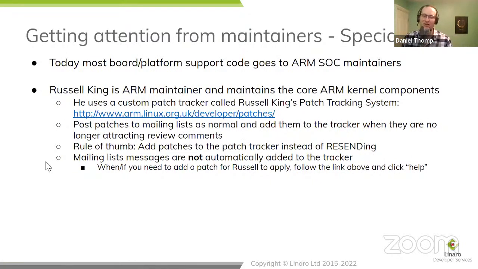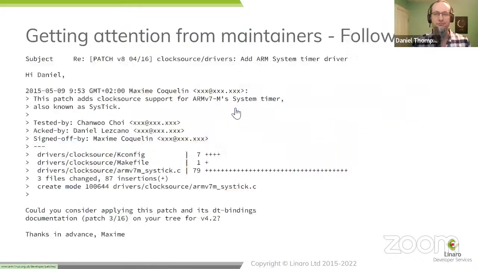And effectively, the rule of thumb I tend to use when I'm working with patches that I need Russell to take, which hasn't been for quite some years now, I have to admit, is that instead of resending, if I get to the point where I'm thinking I ought to send a resend, I send it to the patch tracker instead, because that shows that it's had a long enough period of public review before it's ready to reply. So there's instructions on how to work with the patch tracker on the patch tracker. That's where to go and find them.